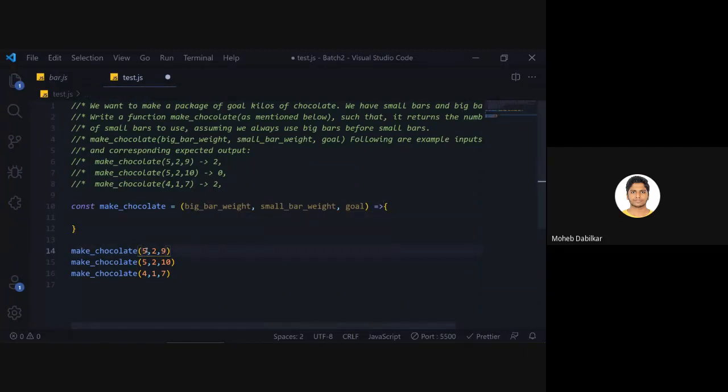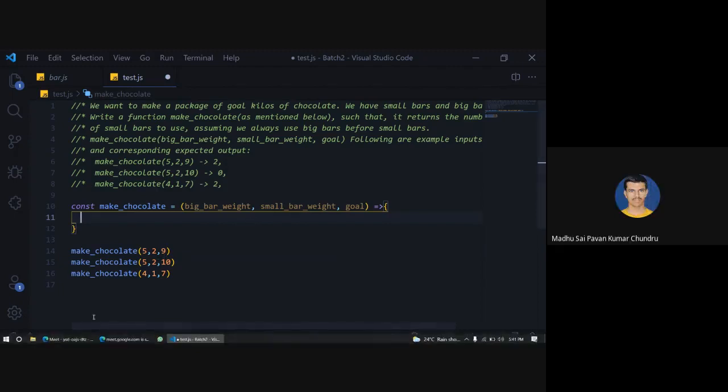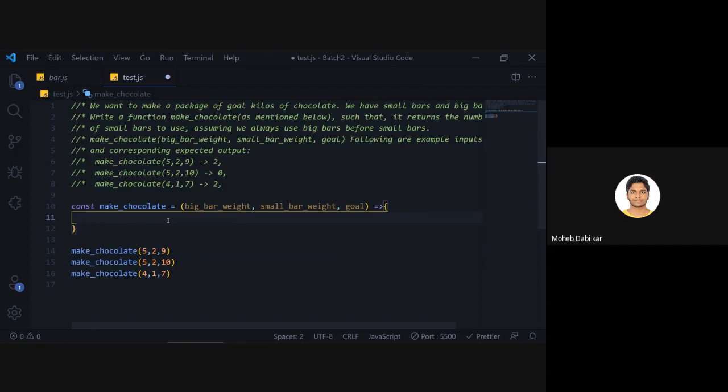But if you add 5 and 2, that does not give you 9. If you add 9 with 5, what will you do with that? I don't get it. Sir, unmute yourself now. Yeah, say. Sir, if we multiply both of them and check with the goal, if it is equal, then we will assign 0, or if it is not equal, then we can assign 2.